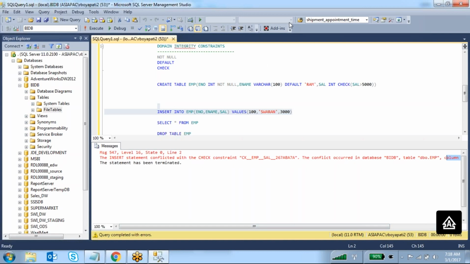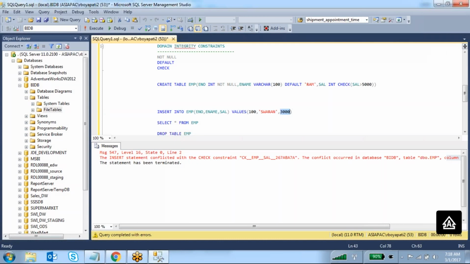The conflict is the condition you have written here: the salary must be greater than 5,000, then only it will allow the insert. But you are trying to insert the value 3,000, so the constraint conflict occurred.